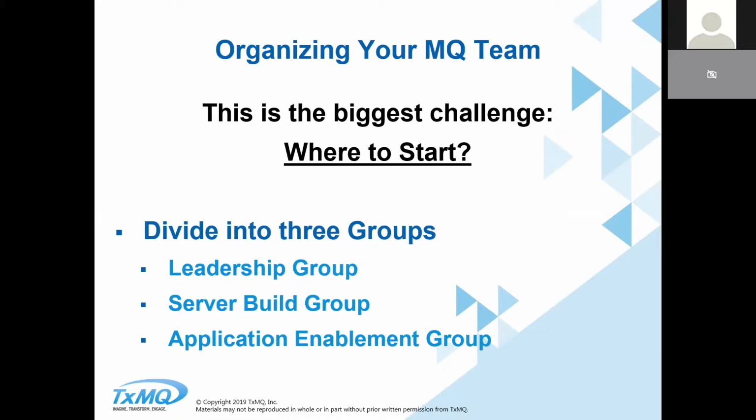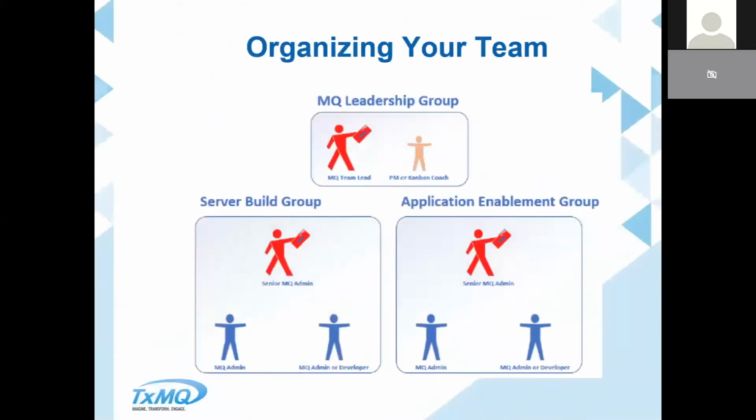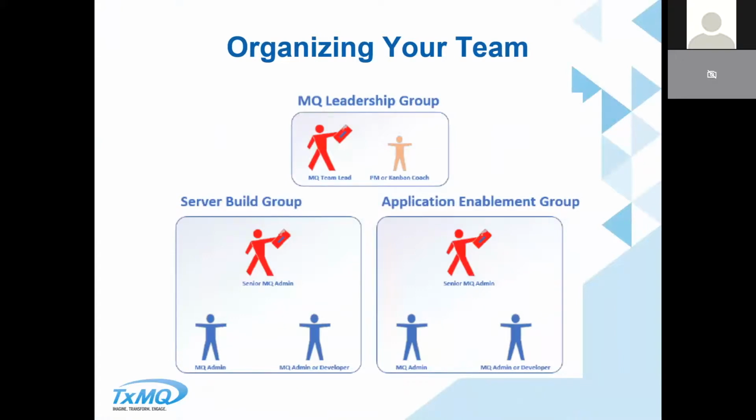So one thing is the biggest challenge is where to start. Well, we talk about dividing into 3 groups, which would be a leadership group, a server build group, and an application enablement group. So for organizing your team, and some of this may be common sense, there will be an MQ leadership team, 1 or 2 people who might be considered the team leads. And then you get yourself a PM or a Kanban coach as well. And then from there, you break up between 2 smaller groups, a server build group and